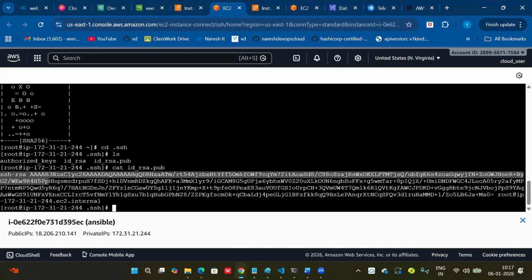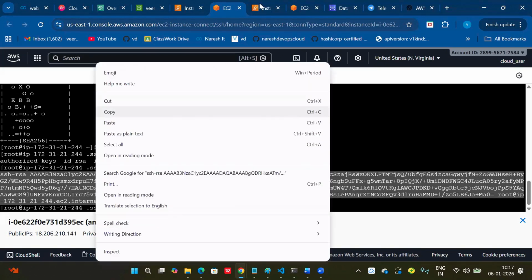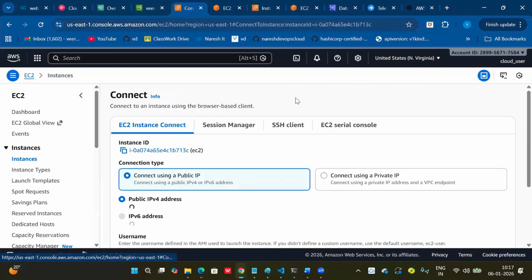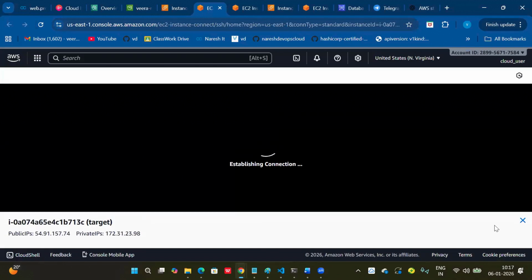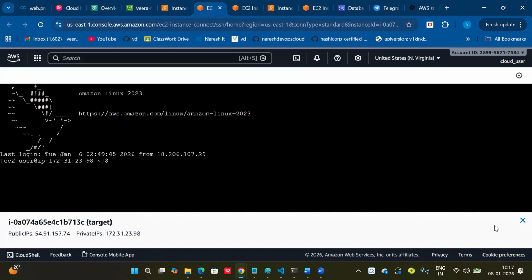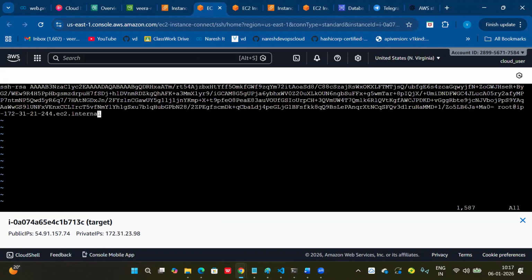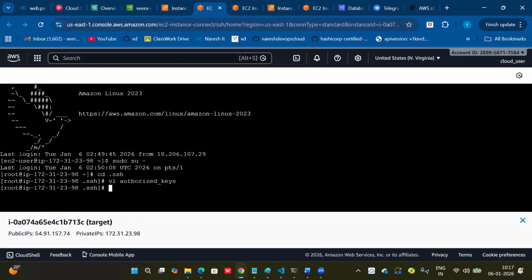Take the public key from here, copy it, and connect to the target server. Vi authorized_keys. Okay.